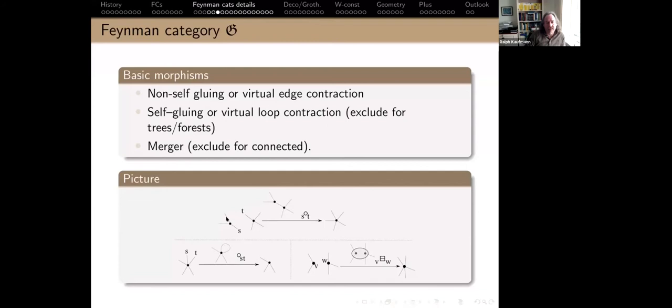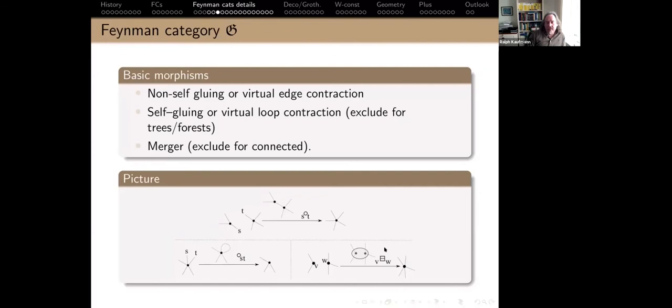And then what can I do? I have to end up at a corolla for a basic morphism. So what are the generating basic morphisms? This gets into the point about the circle I products. So this is exactly what a circle I product is, or in the unbiased definition, I take two flags S and T, I glue them together and contract this edge, and I get this guy. The other basic thing is I take two flags S and T, glue them to an edge, and contract that edge back to just the vertex.